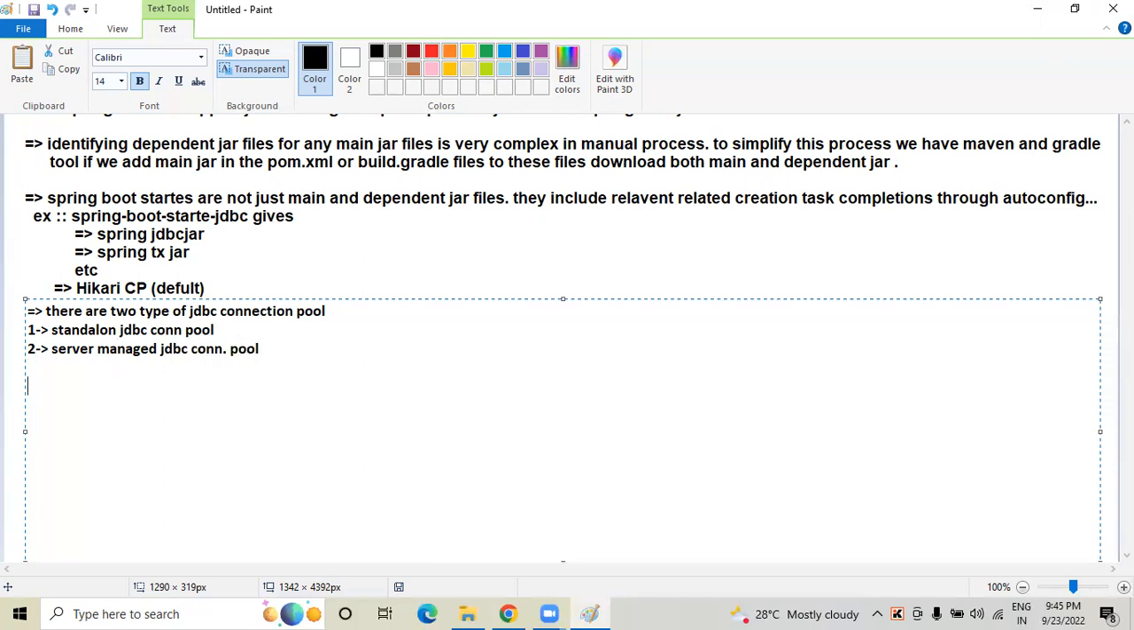So now, these two types of connection pools are provided by JDBC. I'm just giving a brief introduction about this. So now, first is